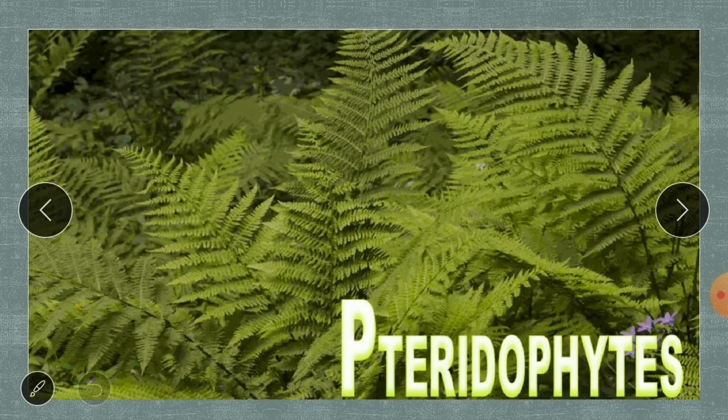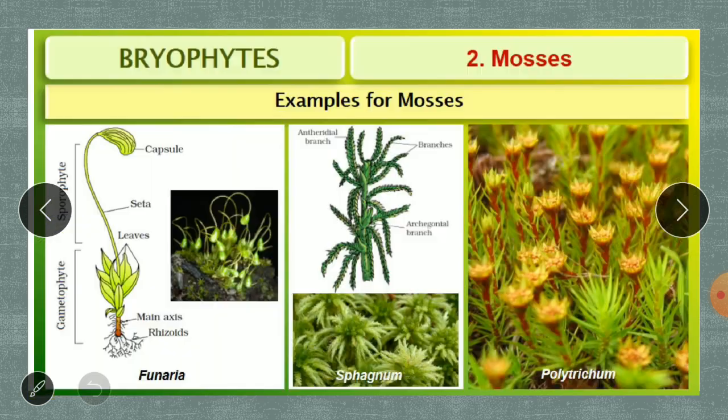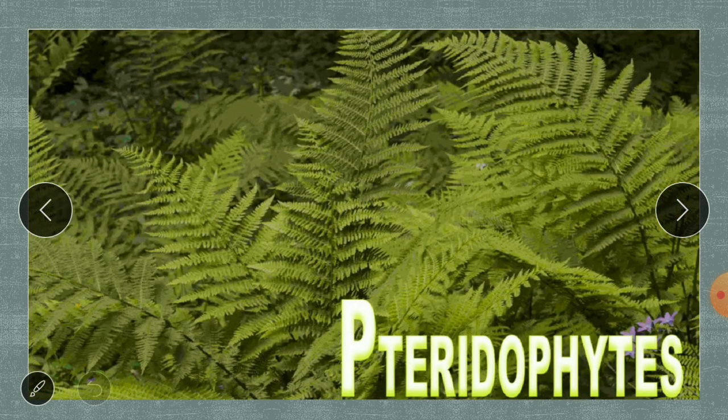In my next video, we will be studying the pteridophytes, which are the first terrestrial plants. Until here, in the higher algae, we saw they are living in the water. Now these bryophytes were found on land and water. In the next video, we will start with the land plants, that is the pteridophytes.